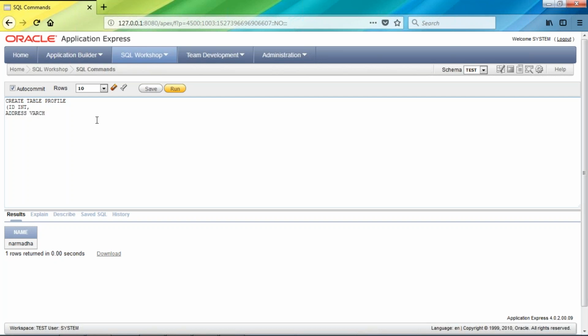An integer is a default value and it has a length of 20. For address, I am giving a data type called varchar2, that means variable character, which is of length 100. Next, I am going to provide batch